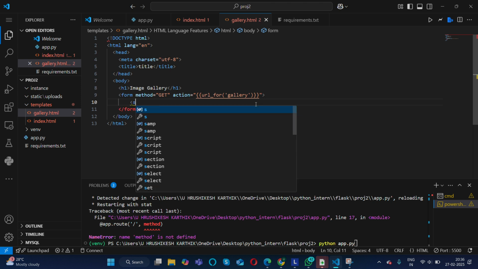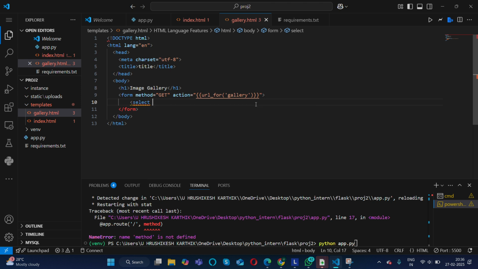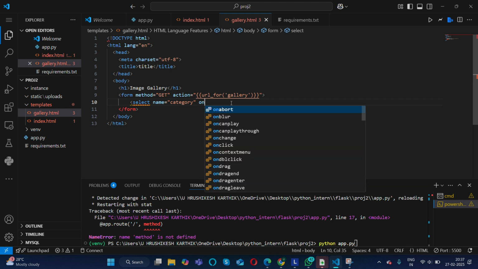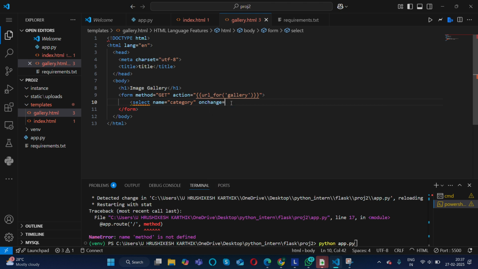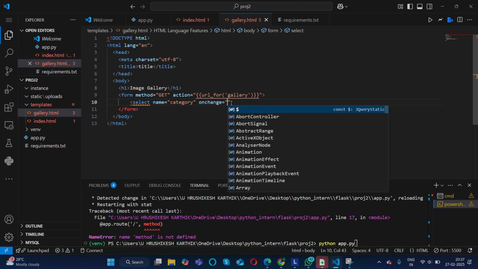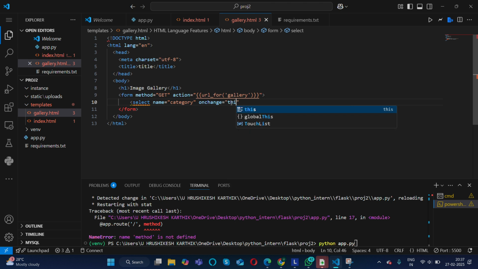Why am I using a select tag? Because I told you previously, right? We'll be filtering the images based on the category it is. Here we are using a JavaScript attribute on click or on change. We'll use on change. Okay, it assigns it directly.